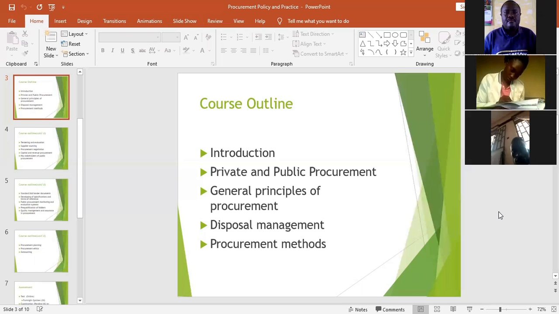As I've said, it should be the last resort, because when you look at it keenly, it also, in one way or the other, compromises procurement principles, but can be used under exceptional circumstances where you go for only one